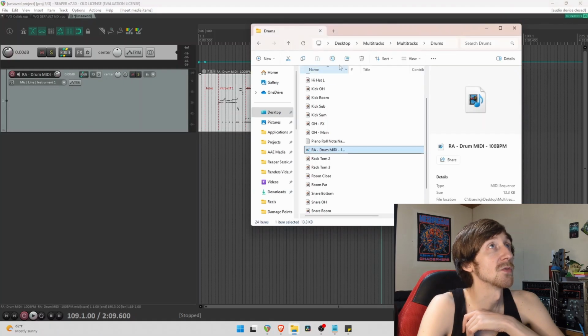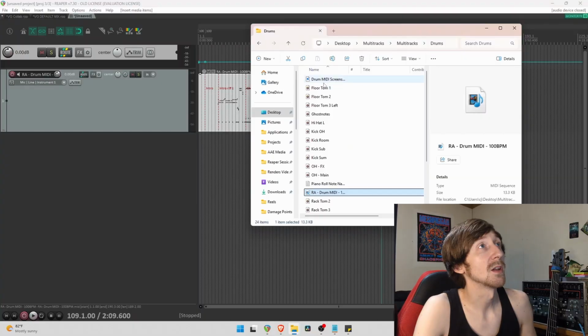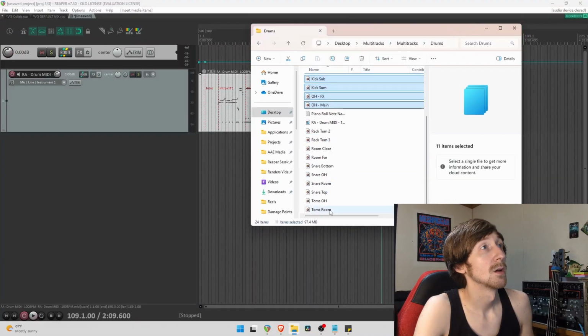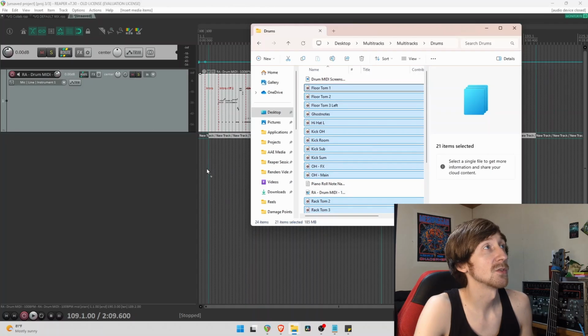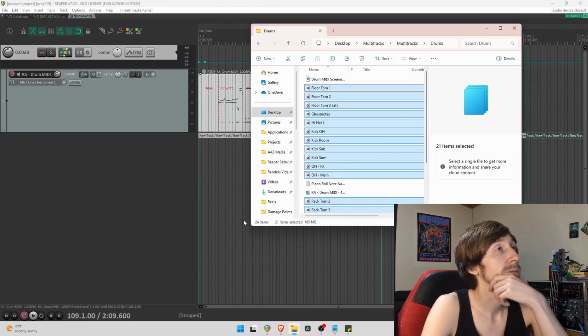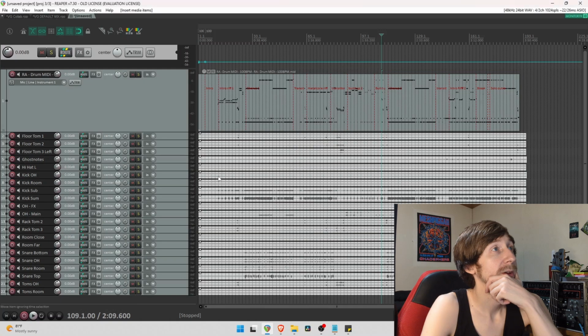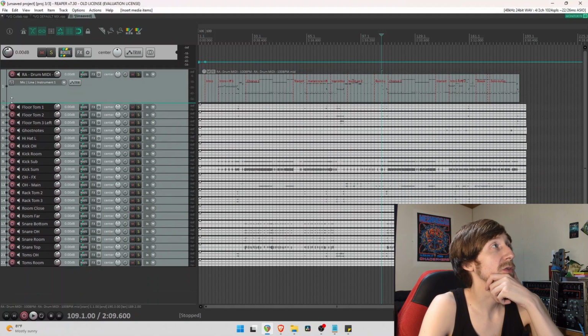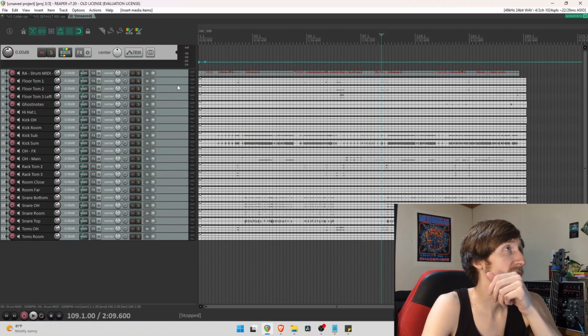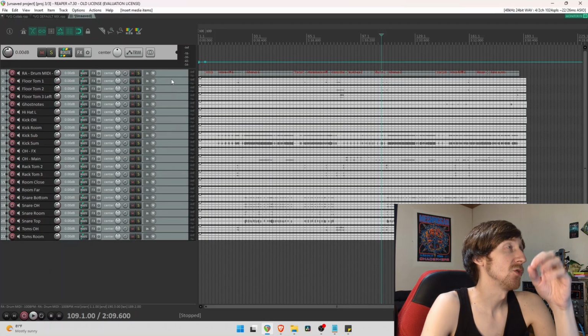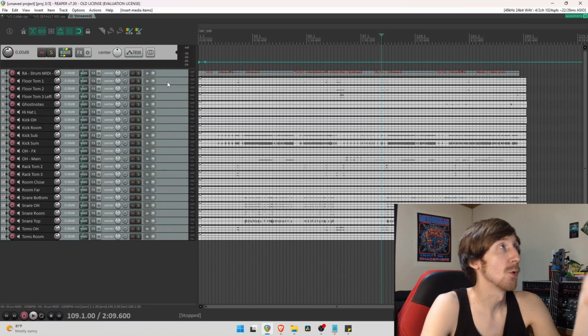Let's import the rest of the files. So we're going to grab all of this stuff, all the wave files. We're going to drag those in. Now, I'm not going to import all the files because ultimately we're going to use a mix template. But the reason why I wanted to show this to you is because when you have a blank session and you import all these files,